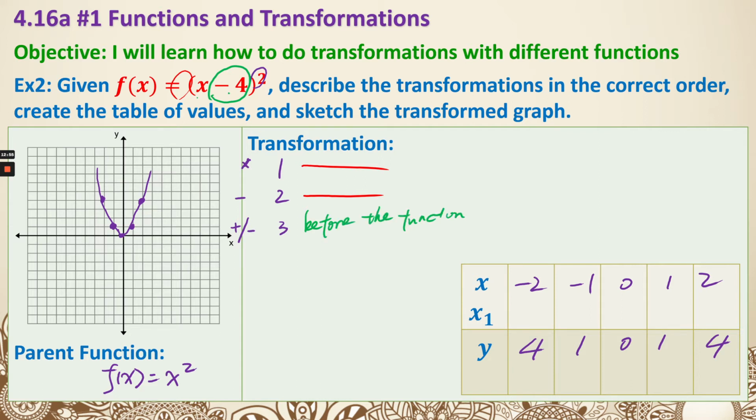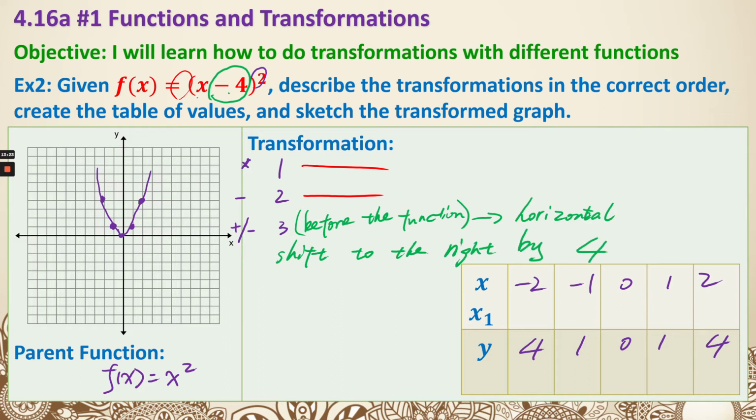You don't have to write this down when you actually do the questions. I'm just writing it down so you can see. That is happening before the function, which means it's going to be a horizontal change. And it's -4. Remember, horizontally is always the opposite. So -4 is actually the same as adding 4, so it's actually moving to the right. So it's going to be a horizontal shift to the right